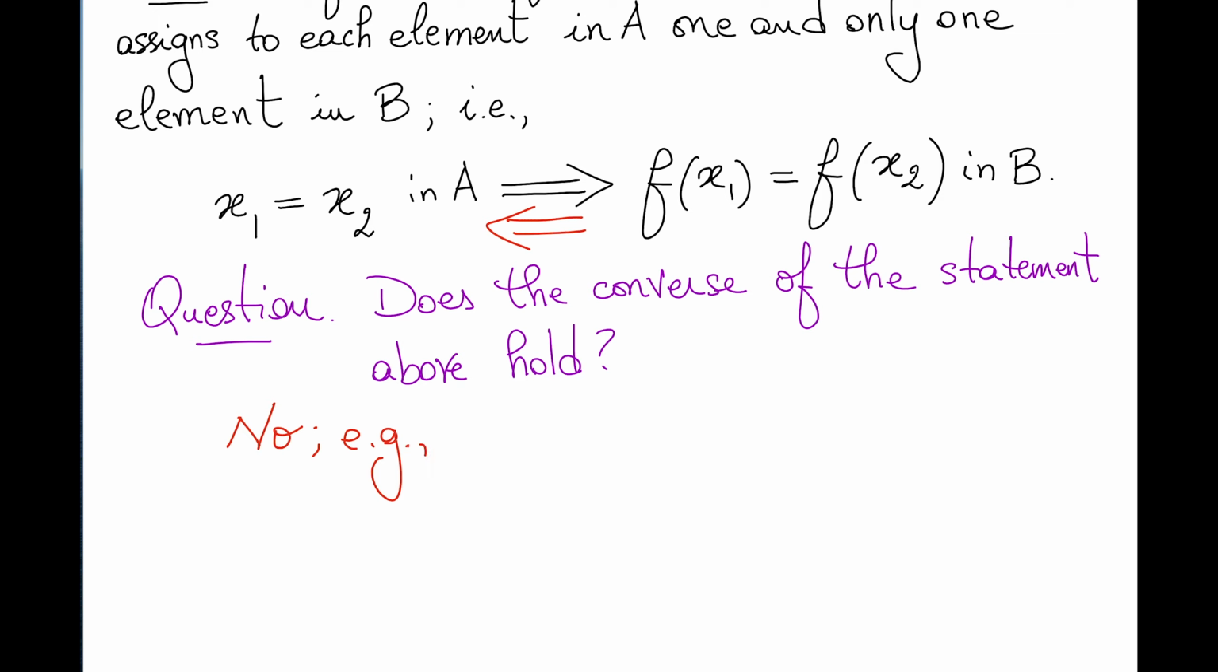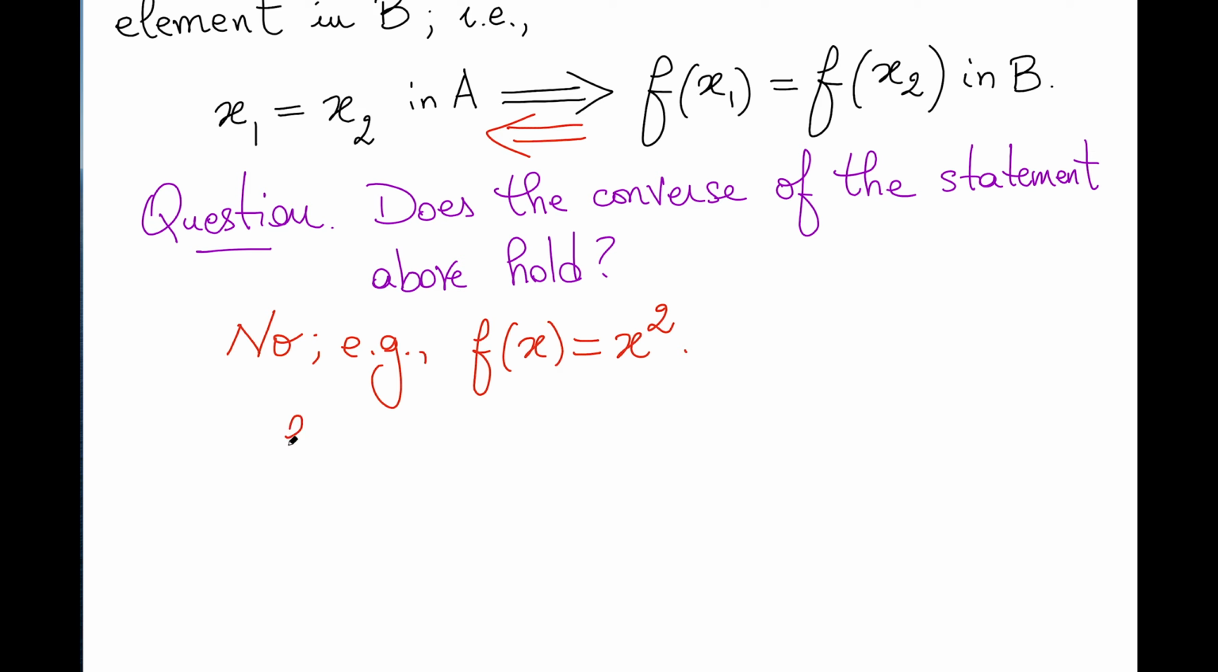To see this, consider, for example, the squaring function, the function that squares the input. And think about this function. What's f of 1? f of 1 is equal to 1 squared, which is also 1. And what's f of negative 1? f of negative 1 is negative 1 squared, which is also 1. So these are the same. So we have that f of 1 is equal to f of negative 1, which means we've satisfied this condition. So the images are the same, yet